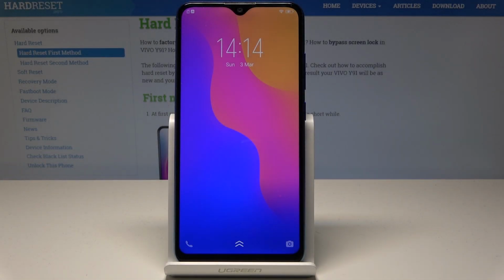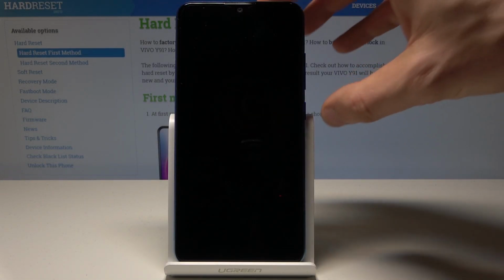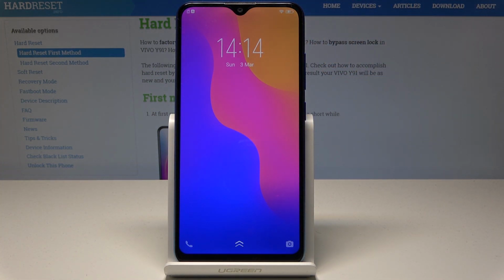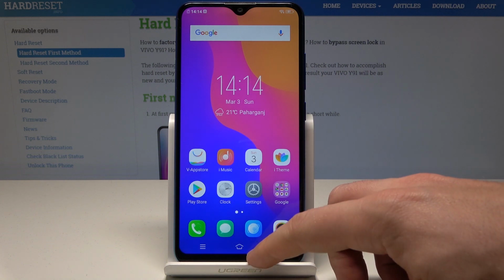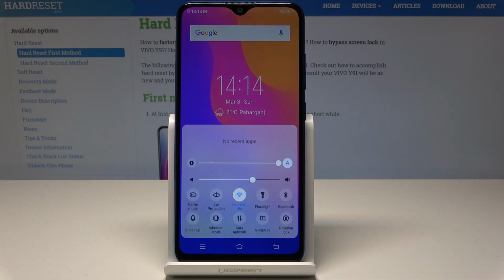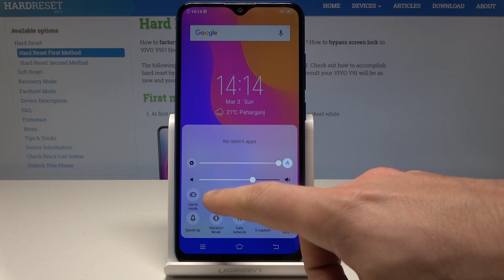Here I have VIVO Y91 and let me show you how to enable the night mode, the eye protection on the following device. So all you need to do right now is open the home screen. Let's enable the down bar, and here you have to find and select the eye protection,